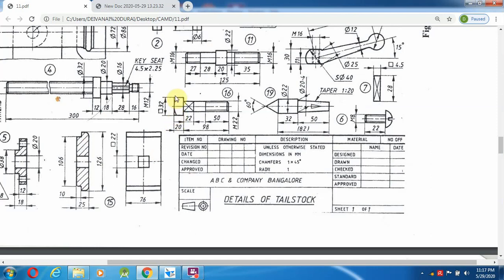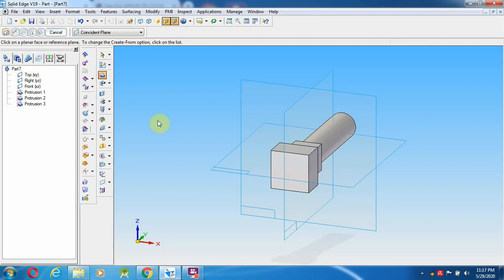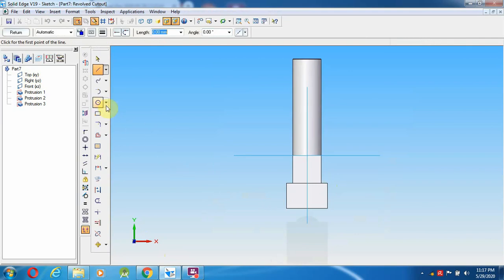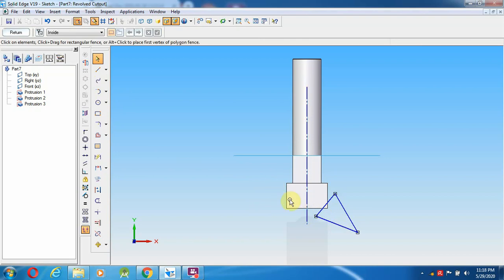So that we have to make. Go over here, revolved cutout option, select the mid plane. I am going to select a line from, sorry, one side like a triangle. I am going to make the axis of revolution as this.